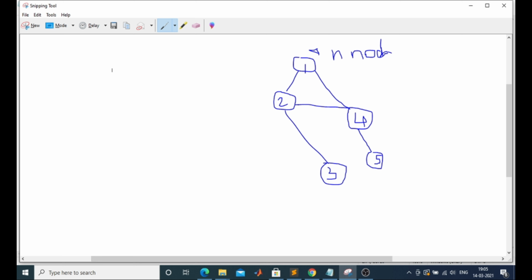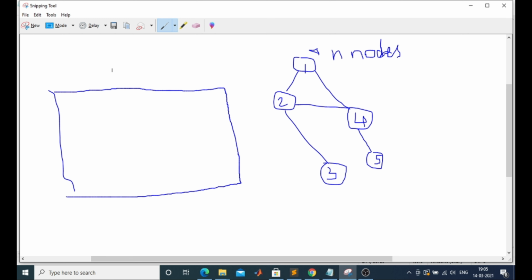Initially it will be filled with zeros. Okay, so let me draw the matrix first. So this is an n cross n matrix, here n is 5, so this is a 5 cross 5 matrix.